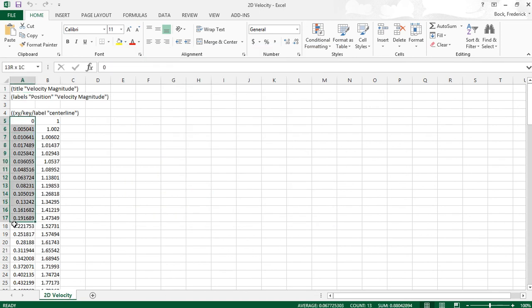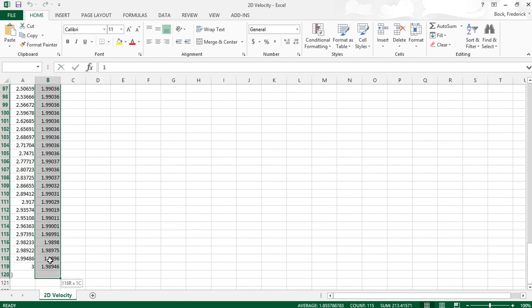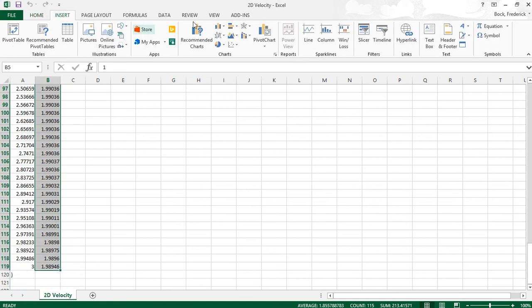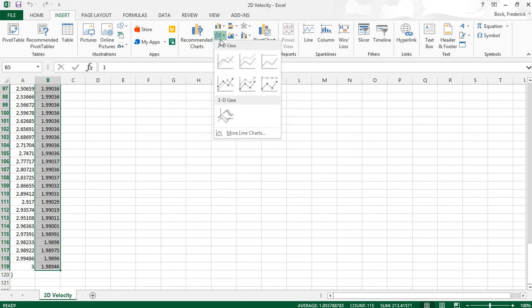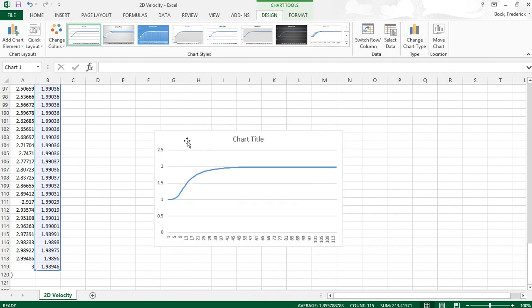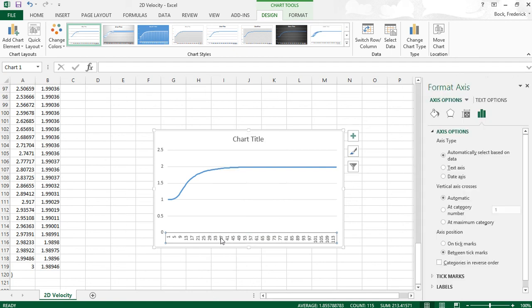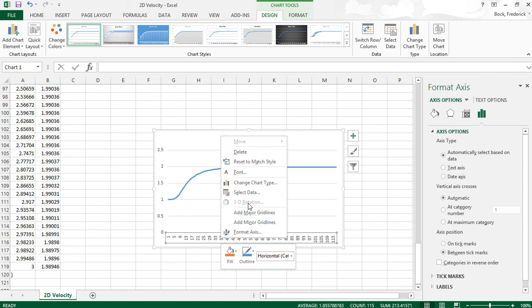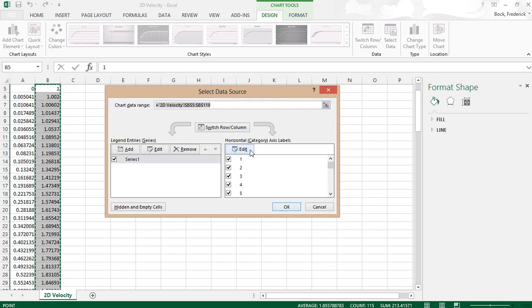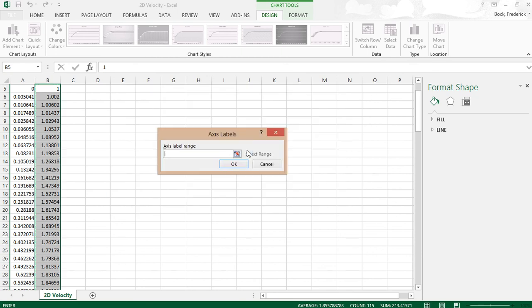Now what we have here is your X position in meters, and this is your velocity. So I'm going to highlight all of this and say insert, and you can go to charts, lines, whatever, and there's your graph. If you click on this, you can say format axis, select data, right click, select data. The horizontal axis is our X position from 0 to 3 meters, and we want to edit that. What you can do is just select